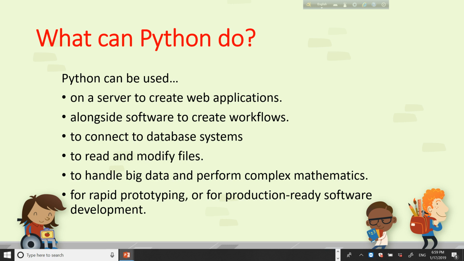So it can be used for handling big data for data science, and we can use it to read and modify files, okay? And it is used for rapid prototyping or for production-ready software development. All right,